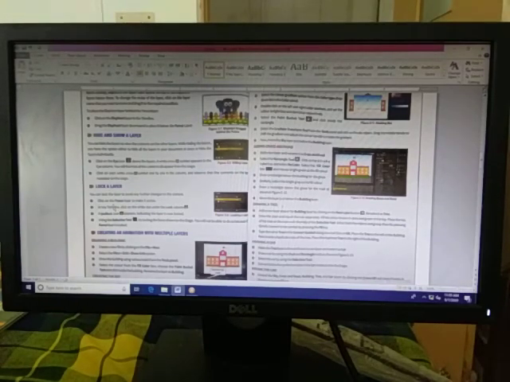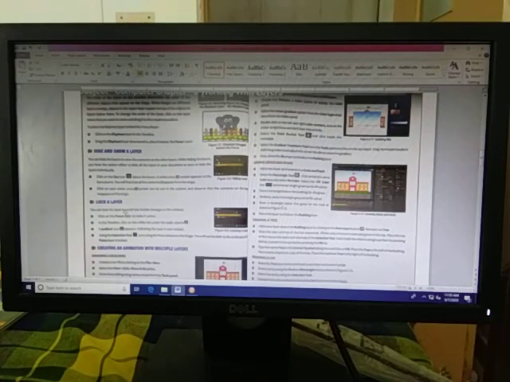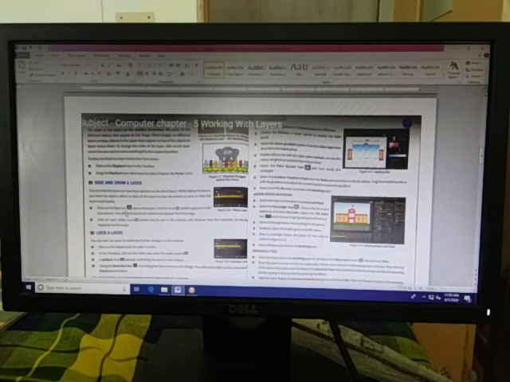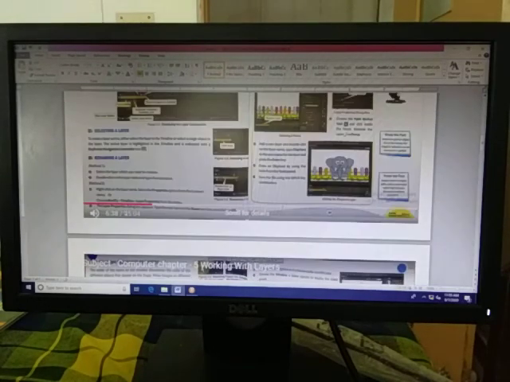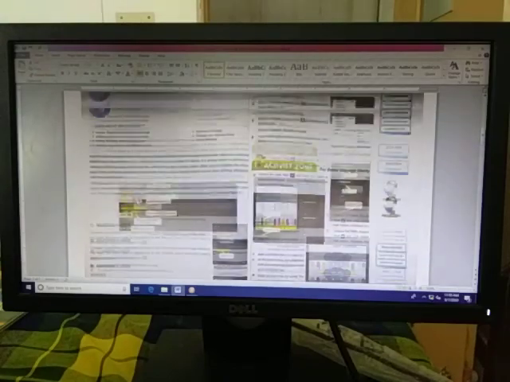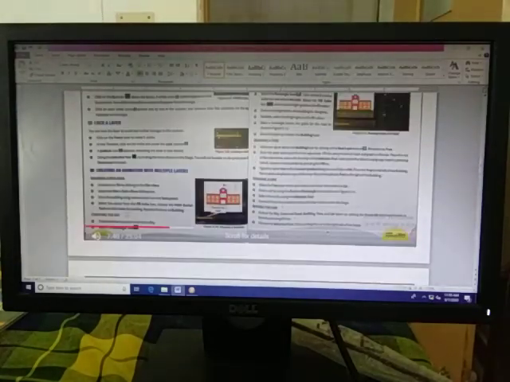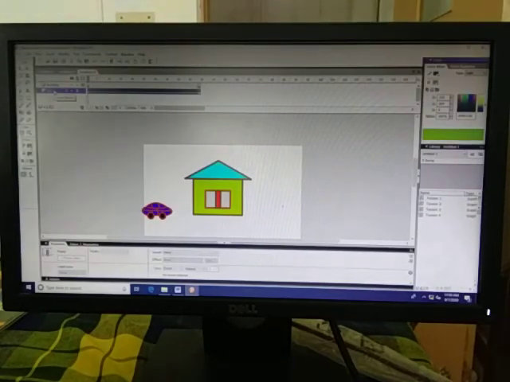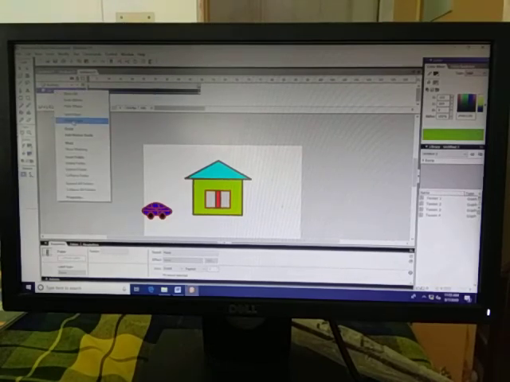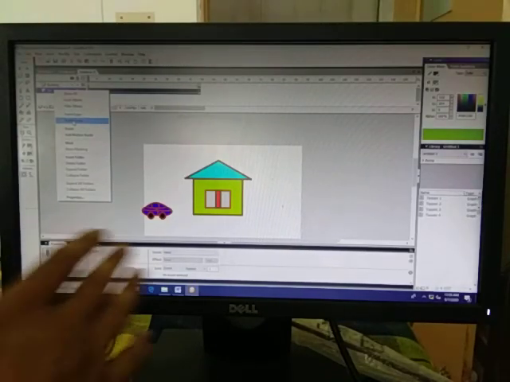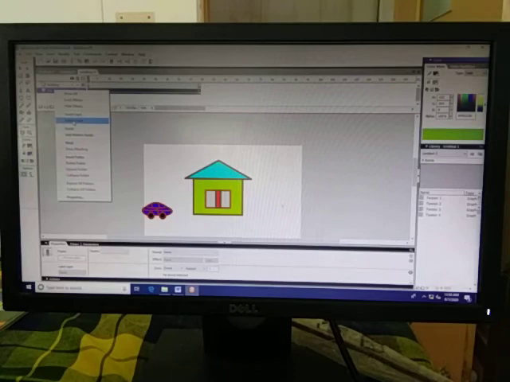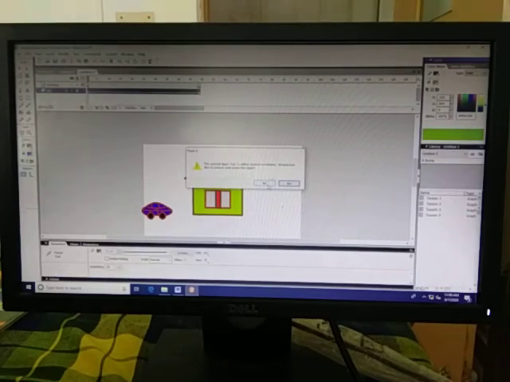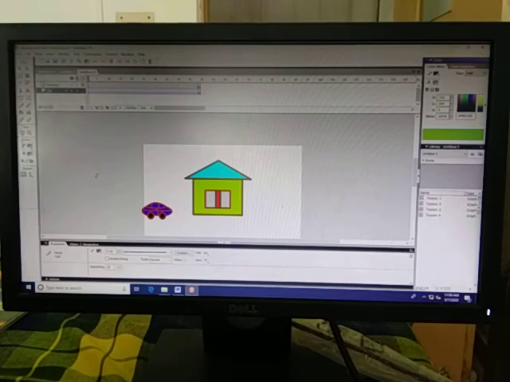Okay, students. So in this video, I have told you how to lock your layer, how to hide and show your layer, how to change the order of your layer, how to rename your layer, and how to delete is not given, but I am going to tell you how to use delete layer. Suppose you want to delete a car layer, simply you will click over here and right click and select delete layer. When you select delete layer, your car layer will disappear from this stage. So this way you have to use the layer operations on the screen.